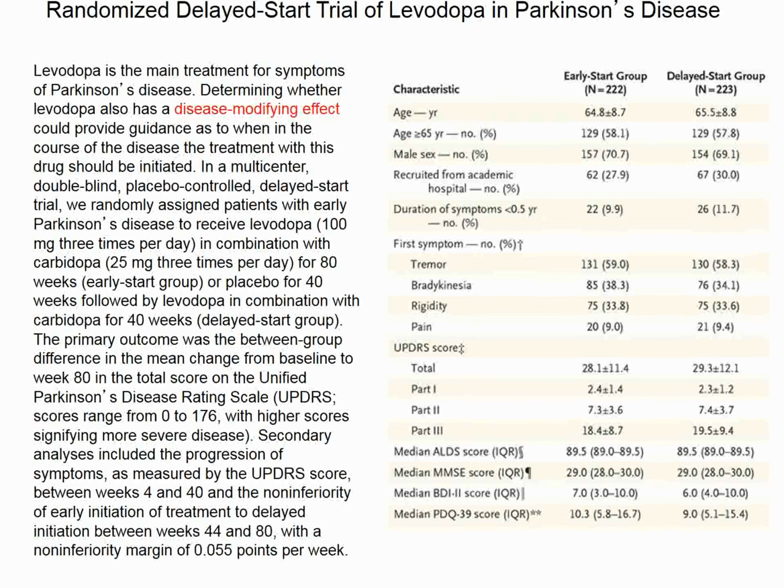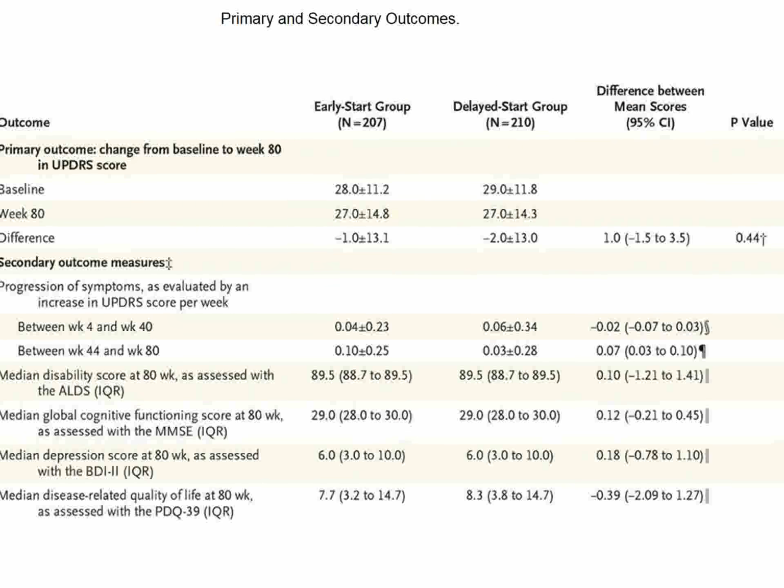L-Dopa-carbidopa were administered. Then at the end of 80 weeks, the groups were compared to see if the group that had started L-Dopa earlier would have a better outcome if their Parkinson's disease was better, and that was determined by two accepted Parkinson's disease rating scales, with the idea that if L-Dopa-carbidopa indeed has a disease-modifying effect, the group that started early would have a better outcome than the group that started late. So these are the outcomes. And as what we can see here, you can't see the p-values. The primary outcome was